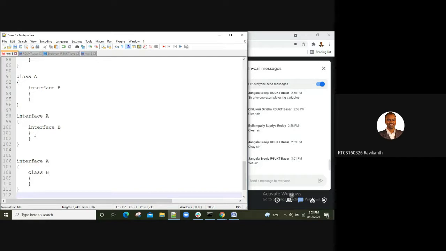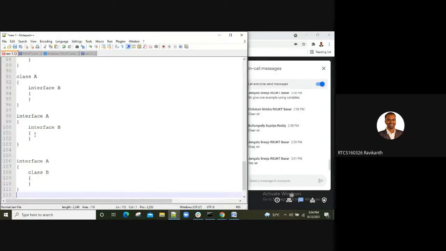So what are the conclusions? An interface which is declared inside a class is always static, whether we declare it or not. An interface which is declared inside an interface is always public and static, whether we declare it or not. A class which is declared inside an interface is always public and static, whether we declare it or not.